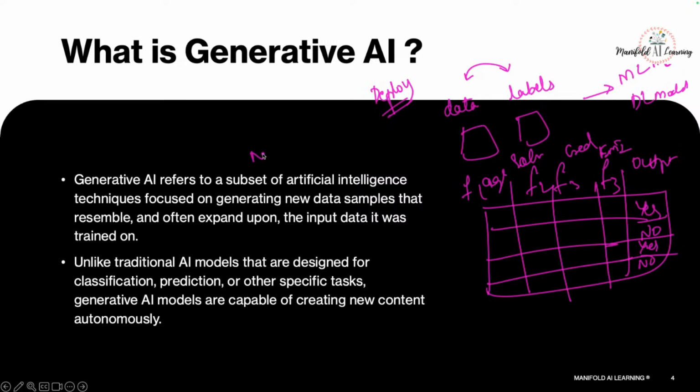Once we deploy it, when we send any new data to this deployed model, it is going to generate the response. So this will generate the response on the new data that is being sent to this deployed model. That's the overall process that we follow in traditional machine learning or deep learning. You provide new features for which you want to generate the output, and you get the response. That's the core process of traditional machine learning or deep learning.